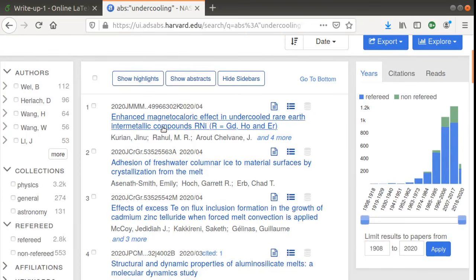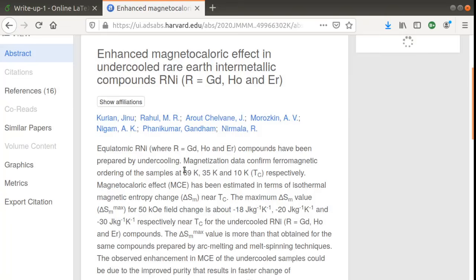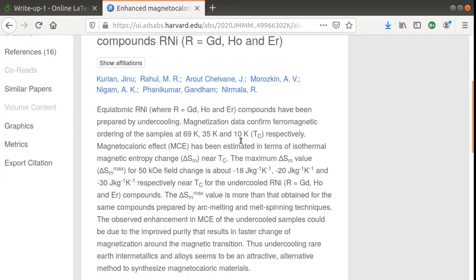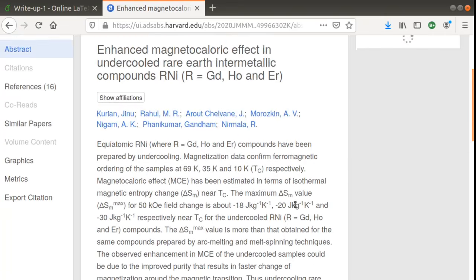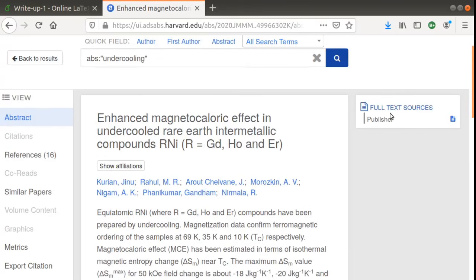You have the article, and you can click on it. You can look at the abstract and make up your mind whether you want to read this article further. And on the right hand side there is a link available to open the full text. If it is available from the journal for free, you can read it. Otherwise you will have to write to the authors to get it for you to read further.